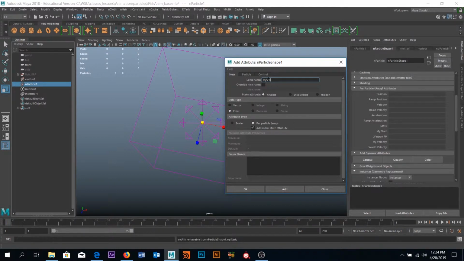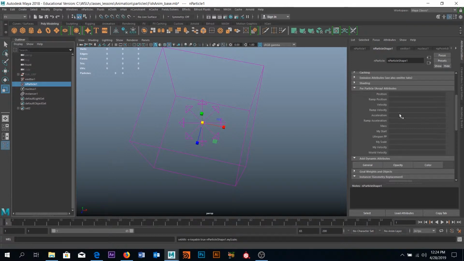We're going to call this my scale. And again, we scale X, Y, and Z, so that's going to be a vector. So we'll change that to vector and per particle. And okay. Now you can see over here in our per particle attributes, we have my velocity, my scale, and my start. So we want to go ahead and start writing some expressions for our custom